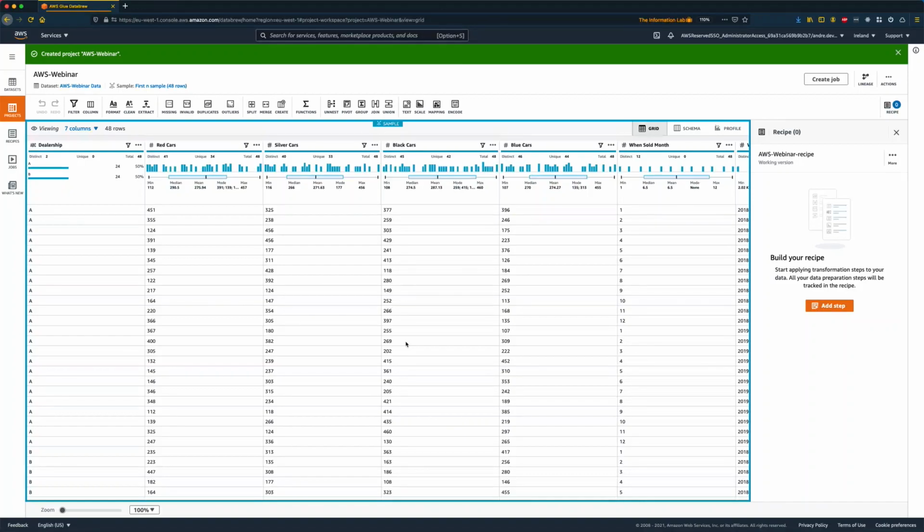We have, very center stage here, the actual data. On the right-hand side, the recipe starts building up. So you'll see when we start doing some processing, we see that happening. And we have the functions and the transformations that we can do on the top. So we see things like the